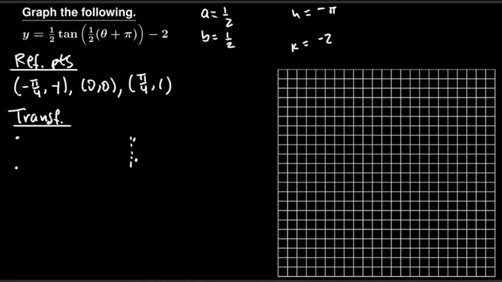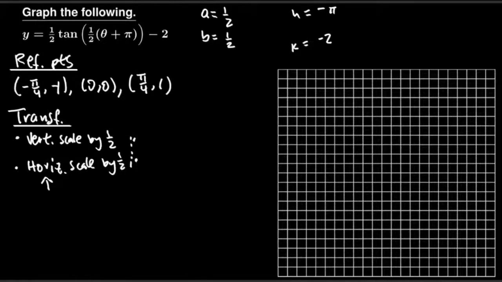Okay, so we have A equals 1/2, so that's a vertical scale. Technically scaling, but yeah. Vertical scaling by 1/2. And then B is a horizontal scaling by 1/2 as well. So remember, for horizontal, you're going to divide all the x values by 1/2, rather than vertical, where you multiply all the y's by 1/2. Just look at that table that I gave you. Okay, so H, that's going to be a horizontal shift by negative pi. In other words, pi left. And then K, that'll be a vertical shift